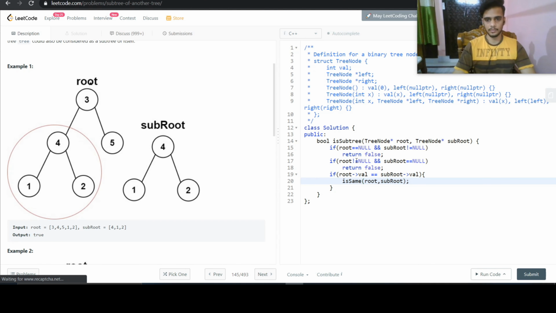If they are both same or not, then return.